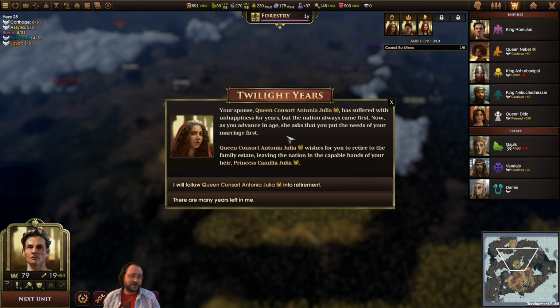Yeah, we keep turning her down. But the nation always came first. Now, as you advance in age, she asks that you put the needs of your marriage first. She wishes for me to retire to my family estate, leaving the nation in the capable hands of my heir,